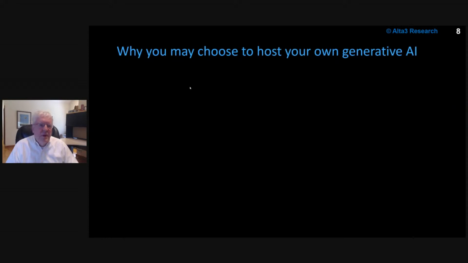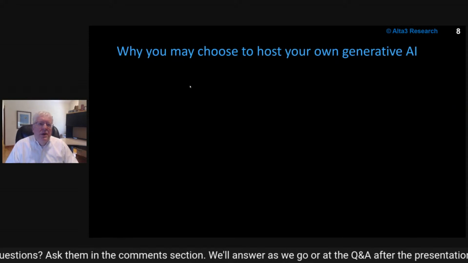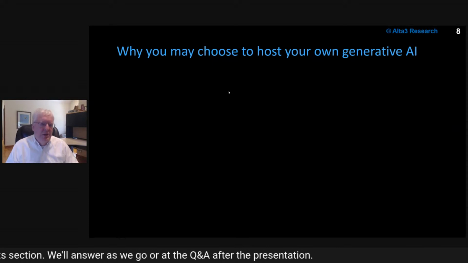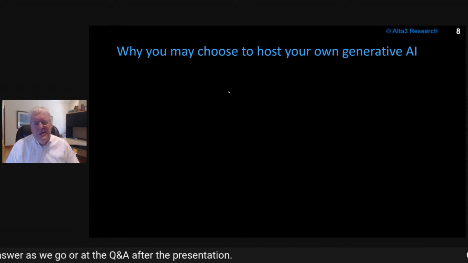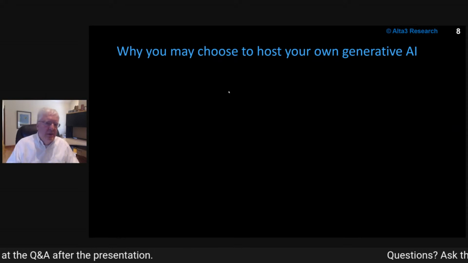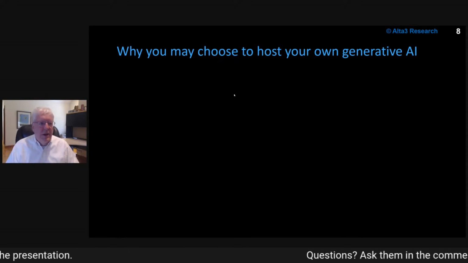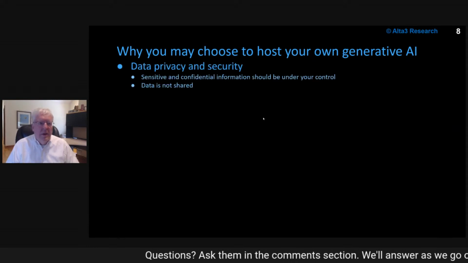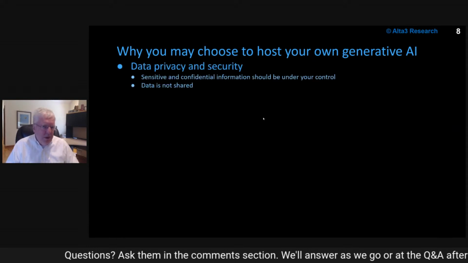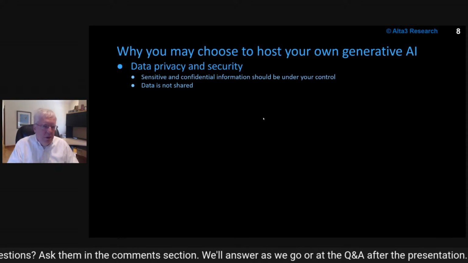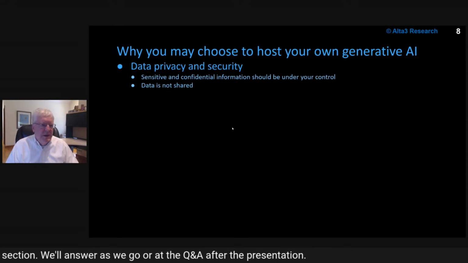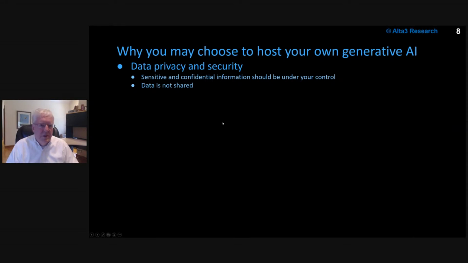Cool. All right. So if this makes sense to use pre-trained models, then why might you actually choose to do this? Why not just use ChatGPT, like everyone else does, just type into it? Here's why. Number one, the data that you want to train into your model, or even the queries, the prompts that you're sending in, are sensitive and confidential, and you don't want to go in a public cloud for that.